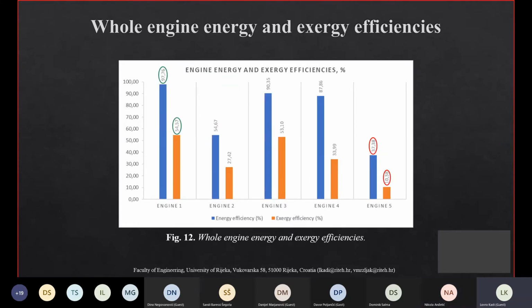As for the whole engine energy and exergy efficiencies, on the last figure you can see that engine 1 had the highest energy and exergy efficiency of 97.76% and 54.57% respectively. On the other hand, engine 5 performed with the worst energy and exergy efficiencies of only 37.38% and